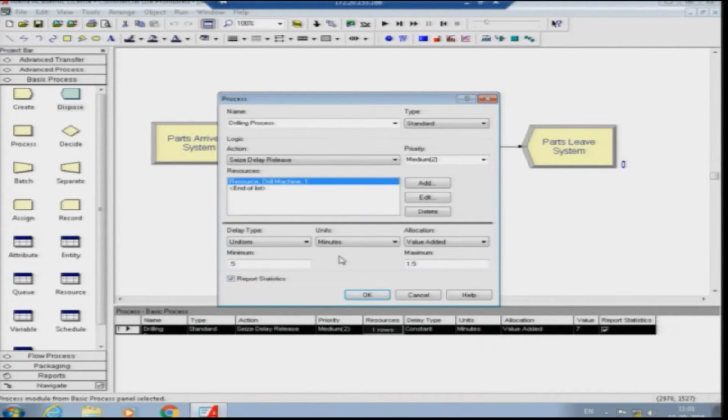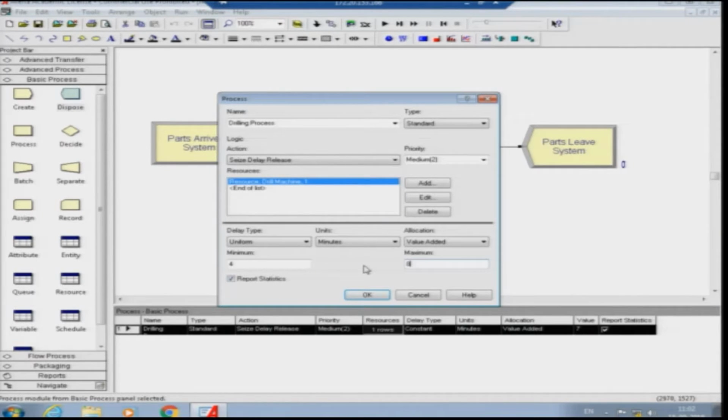A uniform distribution is, I am going to change it so that it can vary anywhere between 4 minutes to 8 minutes. Okay. So, the minimum time it will take to drill a hole will be 4 minutes, the maximum time is 8 minutes, but the distribution is uniform.